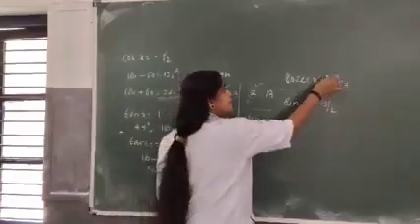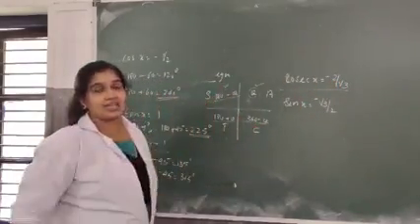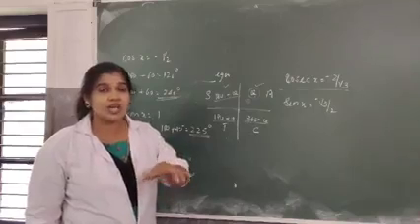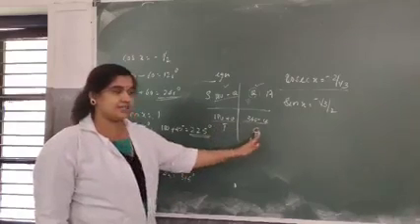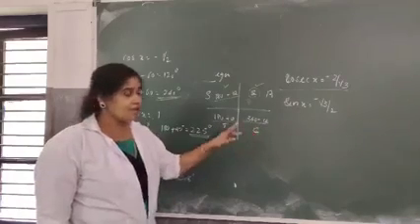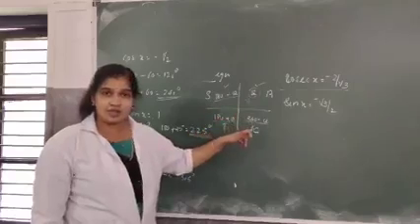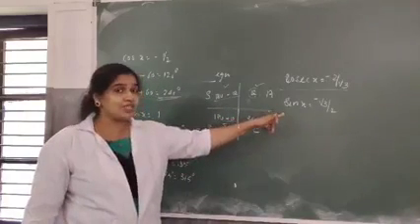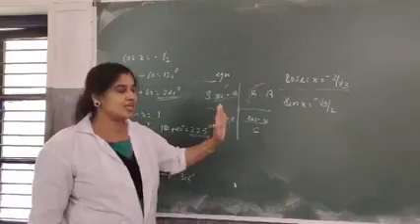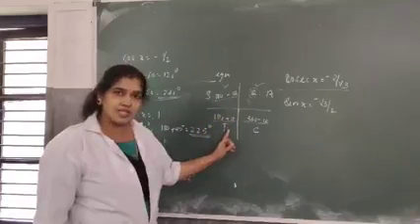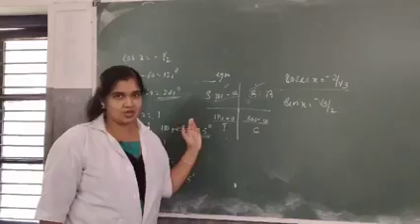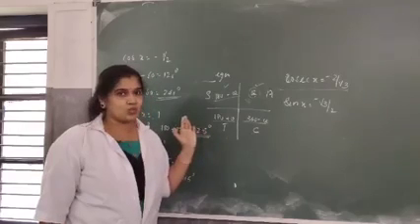And if it is negative, can you say the solution? Sine x is negative root 3 by 2. Then our principal solution lies in the third and fourth quadrant. The solutions are 180 plus theta and 360 minus theta. What is theta? From the table, which angle has sine root 3 by 2? 60. Then our answer is 180 plus 60 and 360 minus 60. And this is about principal solution.